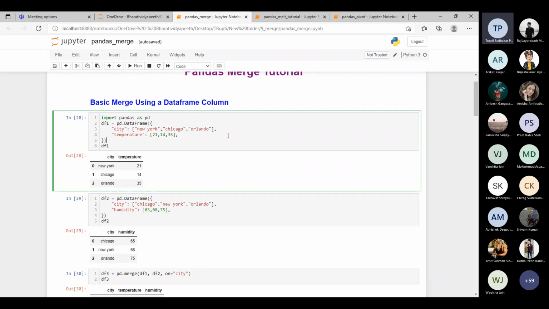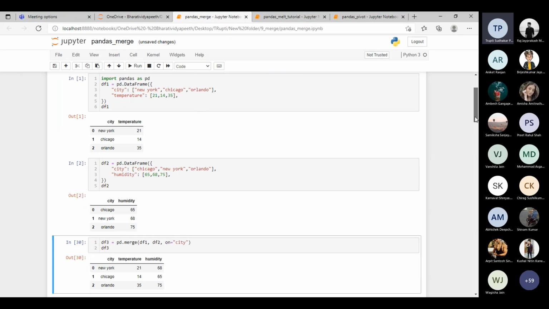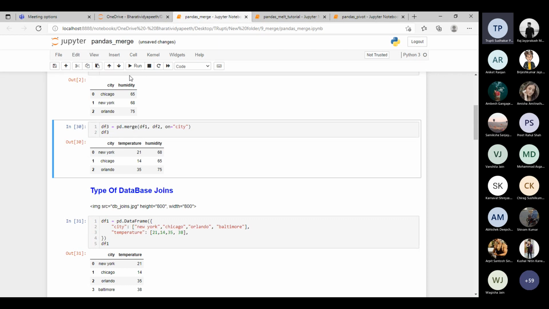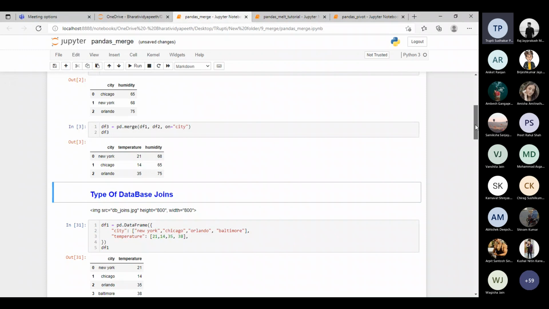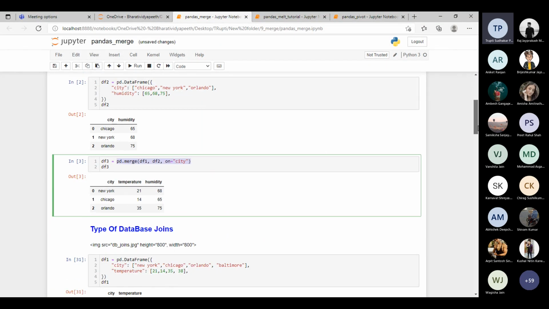Okay, so here I have created one simple data frame and given it as df. We will just run this. Then the next data frame is created with the city and humidity data. And then we can merge both into a third data frame. So look how it is going to be merged. Did you understand how it merged? In one data frame we have taken temperature, in the second we have taken humidity, and we are merging df1 and df2 with the help of city as the value, and we can display this merged data frame.